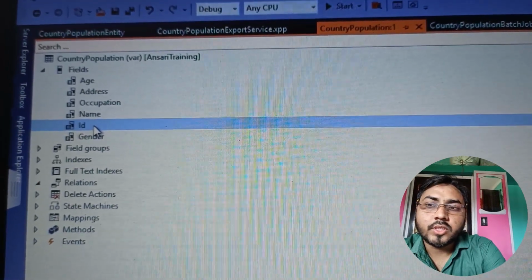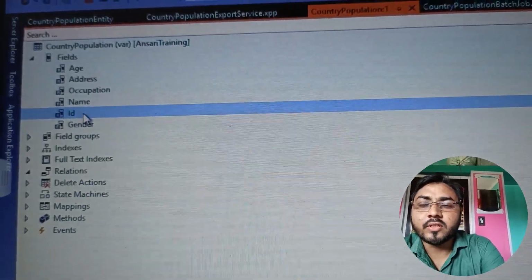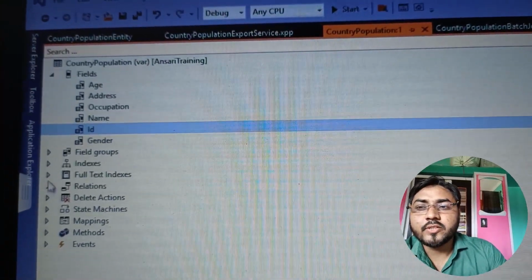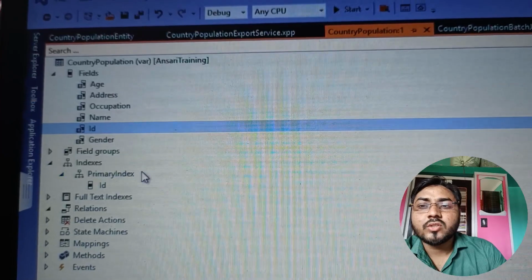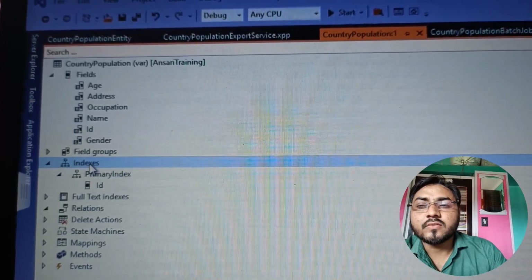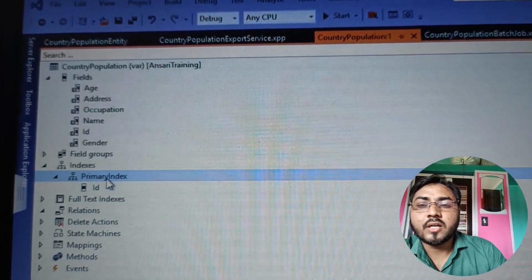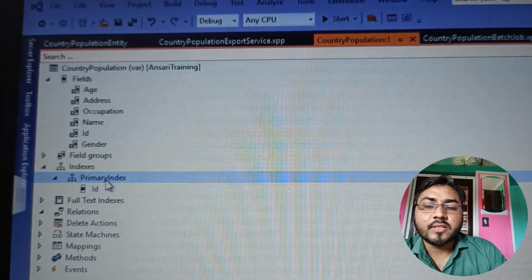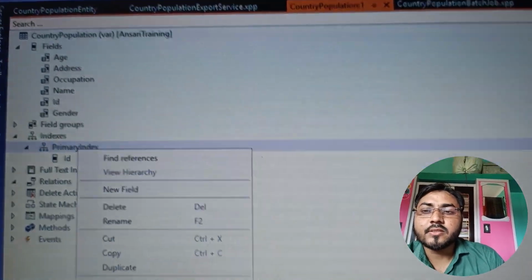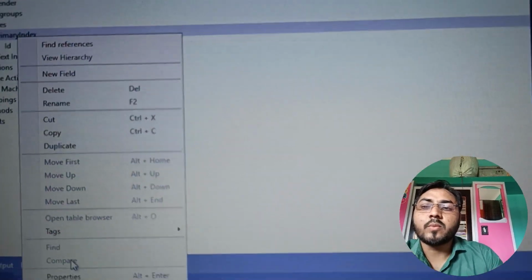So how will you create the primary key for this table? For that you have to create an index. In the index node, if you right click and create index, you will get this kind of thing. And if you right click and open the properties,